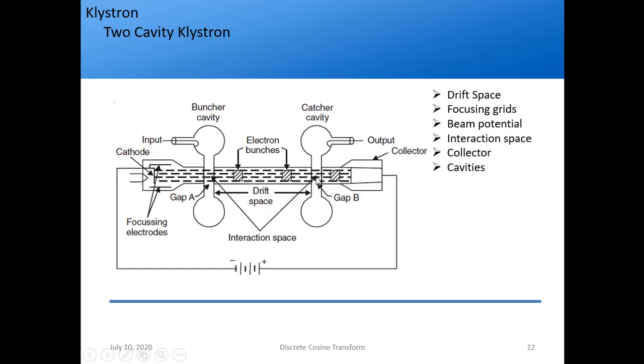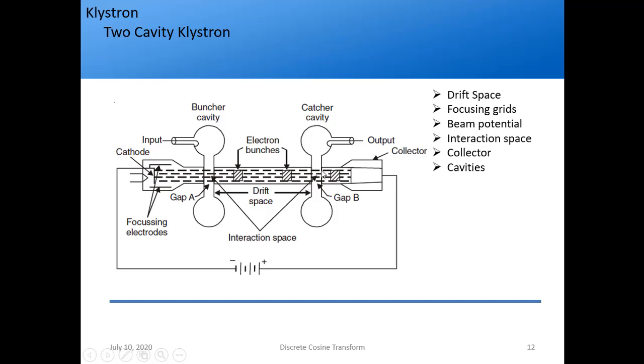At one point the bunch will arrive exactly here, right? But this is also a cavity. And what we studied about cavity in the last module, that they resonate at a particular frequency, right? So this is also resonating at a particular frequency, for example 2 gigahertz. So if this resonates at 2 gigahertz, I will give an input corresponding to 2 gigahertz only. So you can amplify a 2 gigahertz signal only here, or very near to that. So the bunches are also formed corresponding to 2 gigahertz, right?